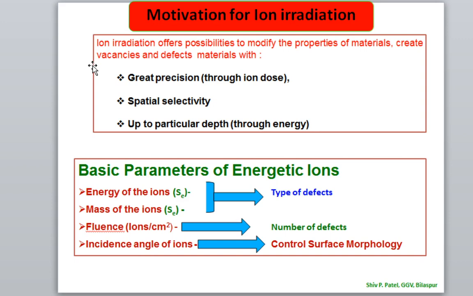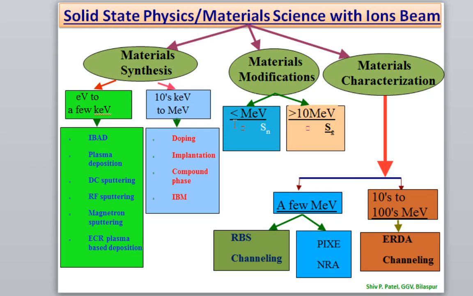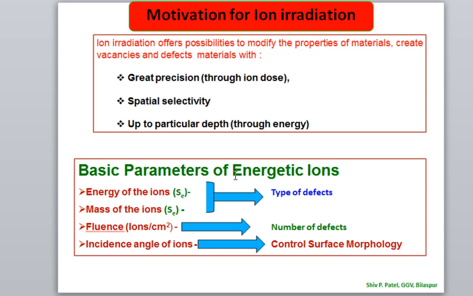That is why, as I discussed in the previous slide on the ion implantation technique, all the device manufacturing, these integrated devices, diodes and transistors, are basically fabricated by the ion implantation technique, because it is very precise and very controlled. That is why IBM technology is using this ion implantation technique. So what are the basic parameters in this ion beam irradiation or implantation?